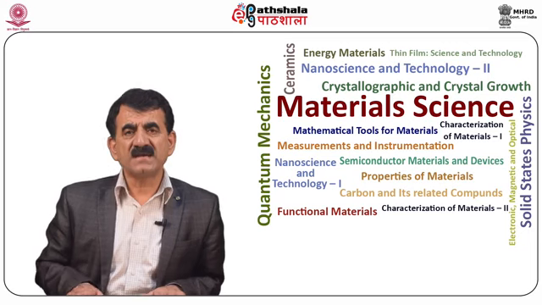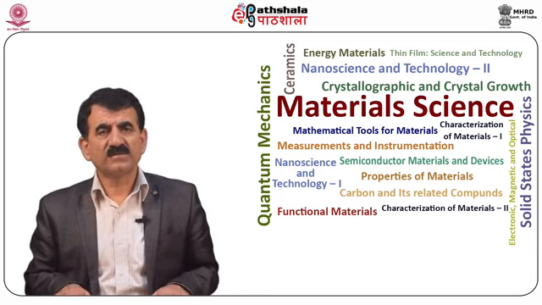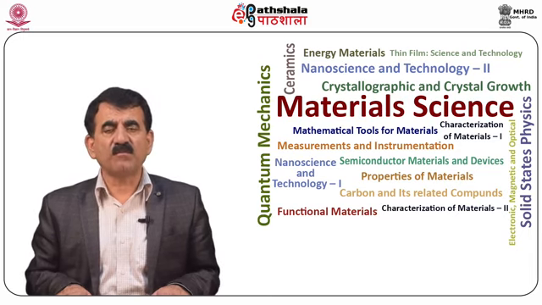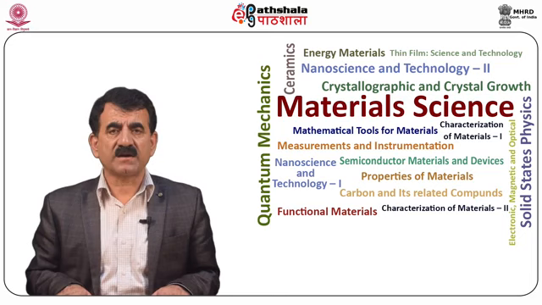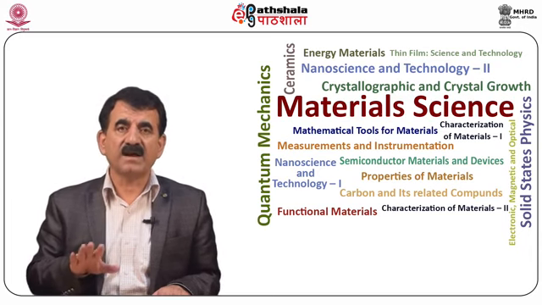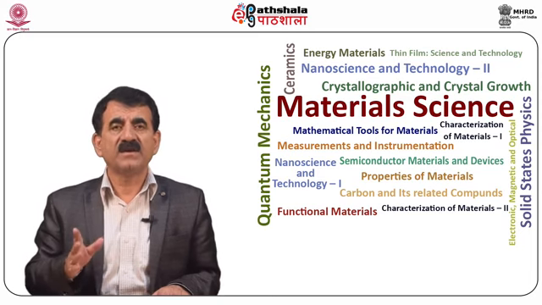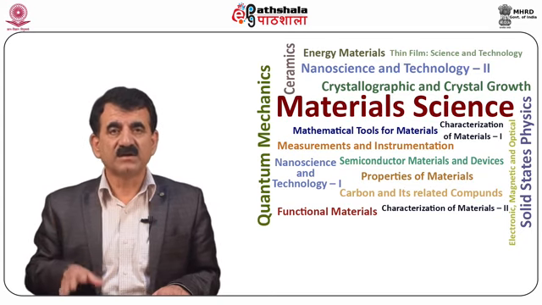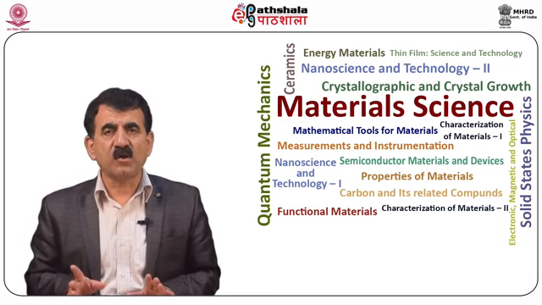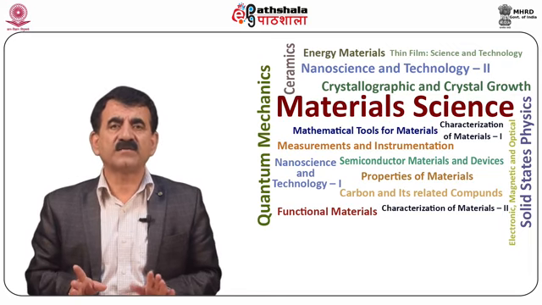Students, let us summarize what we have learnt in this module. An oscillatory variation of the magnetic susceptibility or magnetic moment of a metal as a function of magnetic field at very low temperature and high magnetic field is known as the de Haas-van Alphen effect. This is important: on the one hand we need low temperature, and on the other hand we need a very high magnetic field in order to observe this dHvA effect.